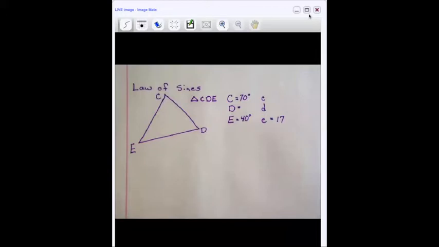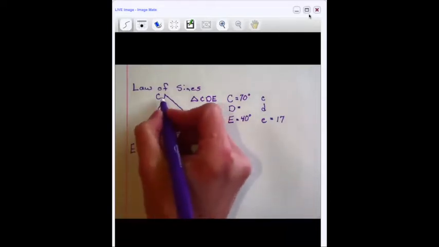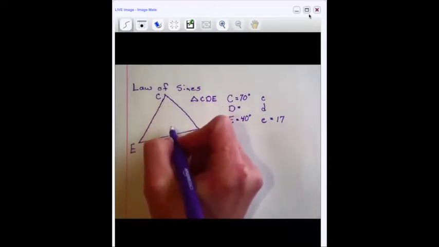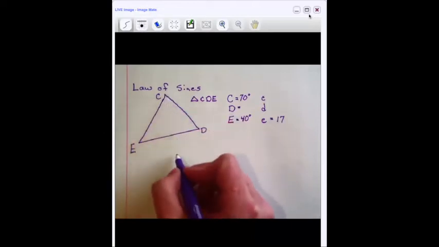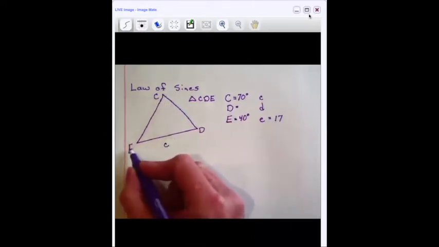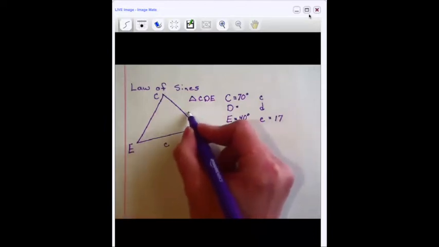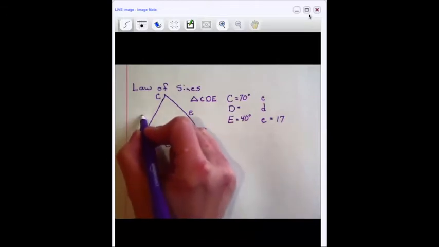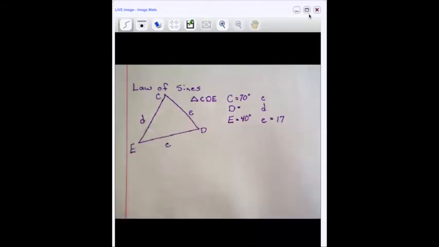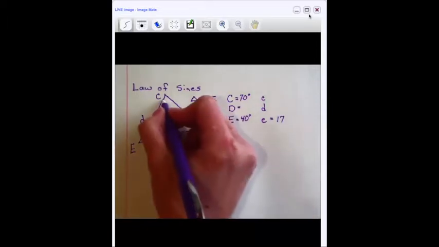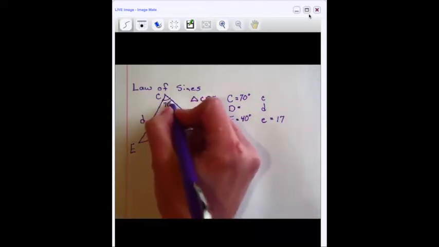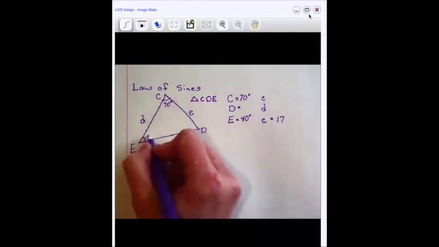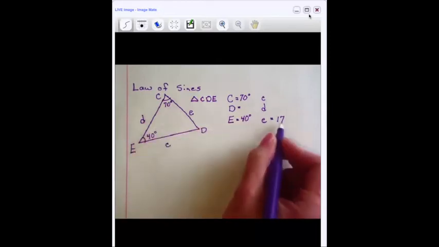Remember that angles are capital letters and the sides are lowercase letters, and the side that corresponds to the angle is opposite. So if this is angle C, this is side c. If this is angle E, across is side e. And if this is angle D, then across we have side d. So let's go ahead and label what we know. We know that C is 70. We know that E is 40. And we know that side e